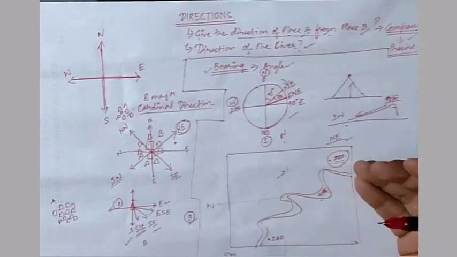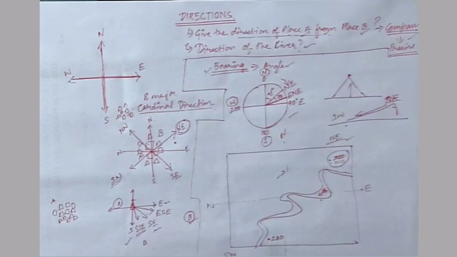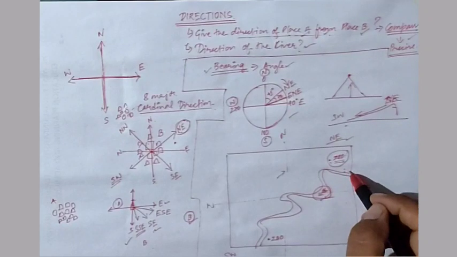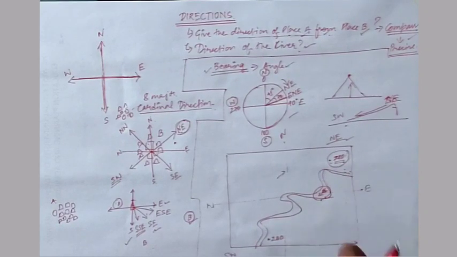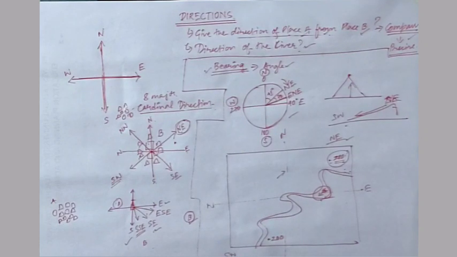So in that way also you can find the direction. So two ways you can find the direction of the river. One, look for the arrows. In case the arrows are not present, then you can also see the spot heights. These are the accurate heights of that elevated surface from the sea level.